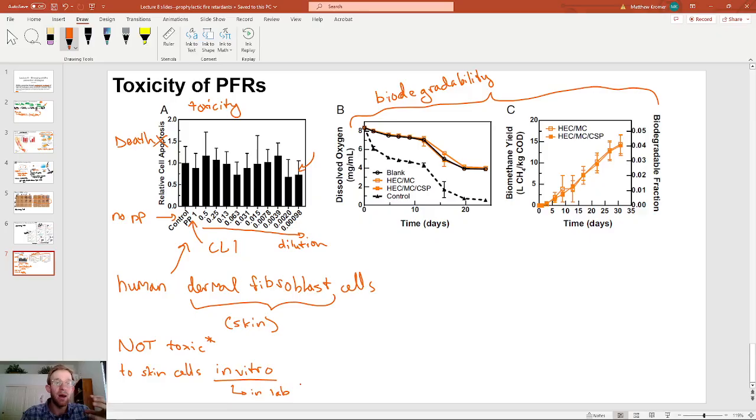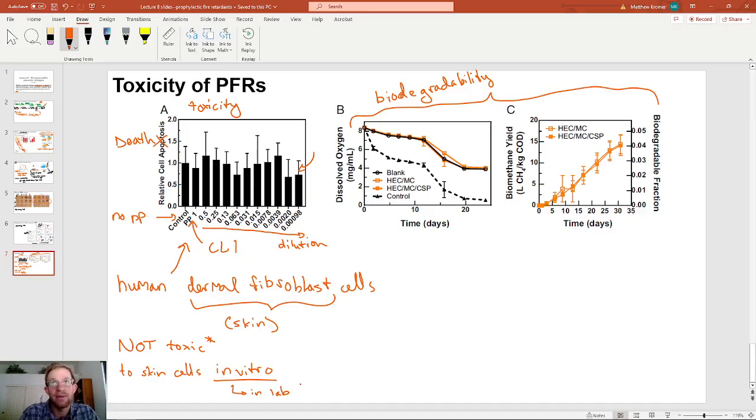how this would affect you if you were to spill some of it on you or get a bunch of it on you, just because in vitro or in a petri dish is a few steps away from actually assessing how this affects living organisms. So it is a good first step, a good check mark to check off, but perfectly indicative of being safe to use? Definitely not. There would need to be some clinical trials to